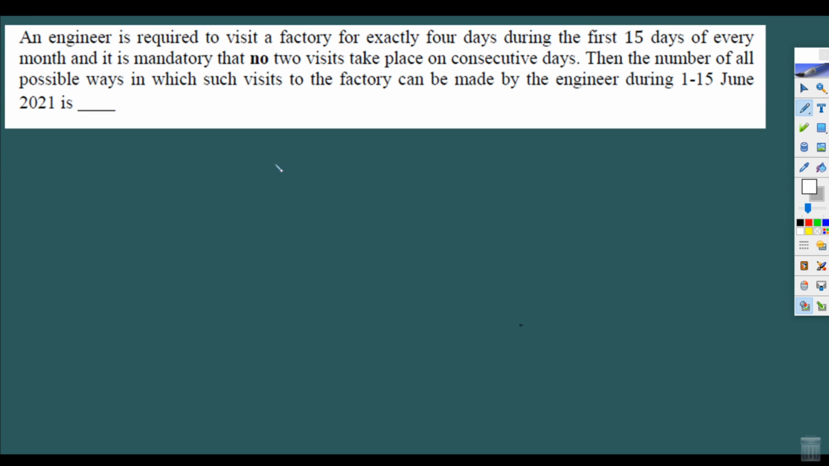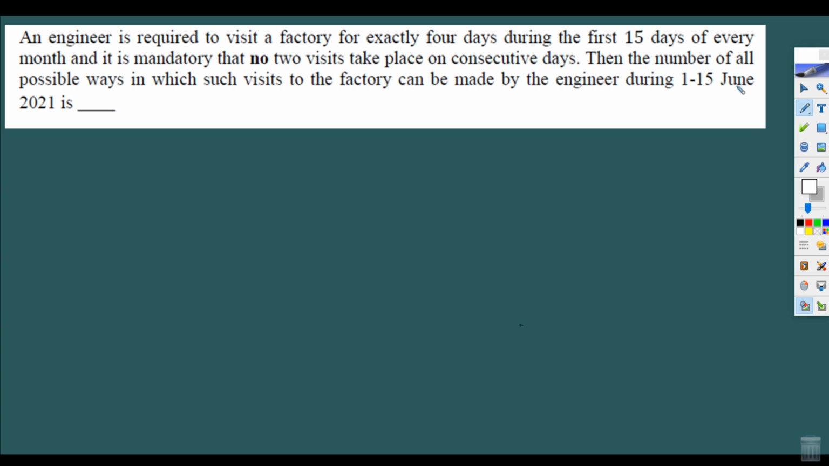Yet another question of JEE 2020. An engineer is required to visit a factory for exactly 4 days during the first 15 days of every month. And it is mandatory that no two visits take place on consecutive days. The total number of ways possible for which the factory can be visited by the engineer during 1st June to